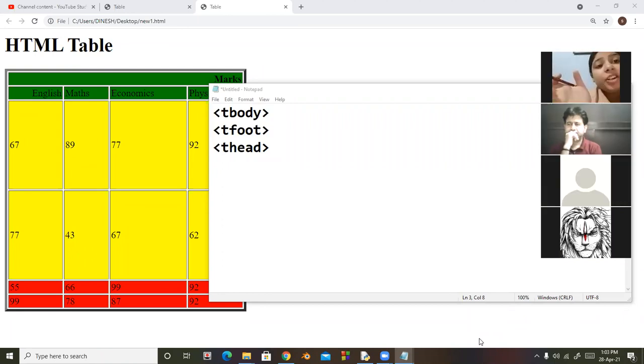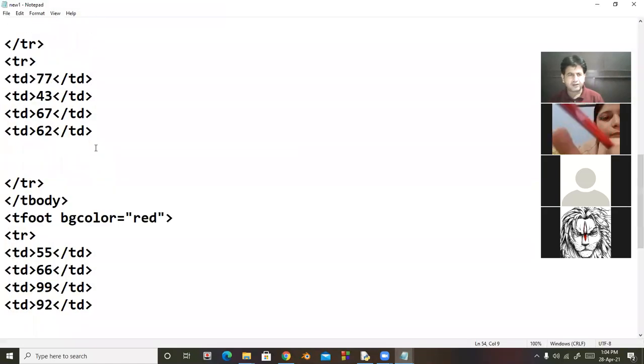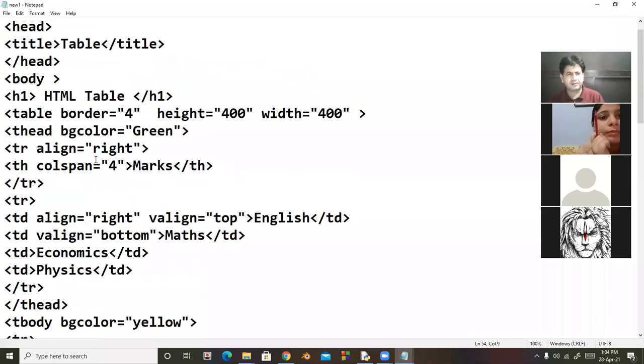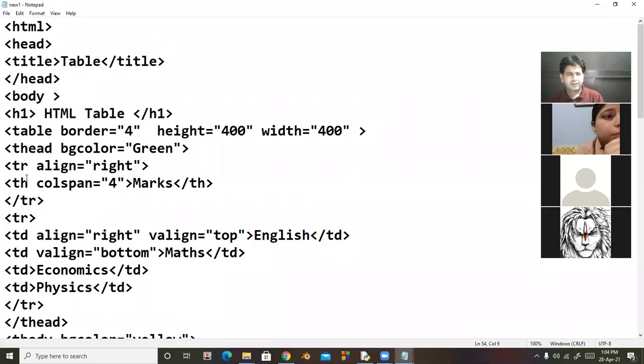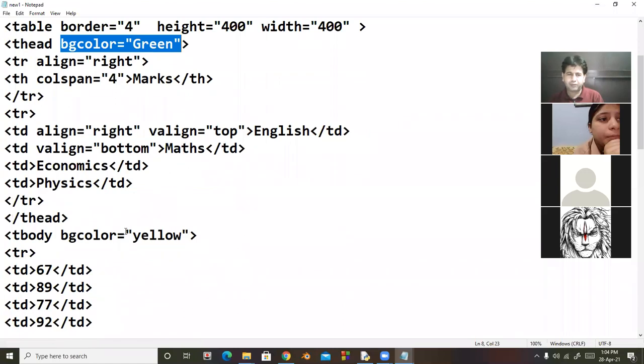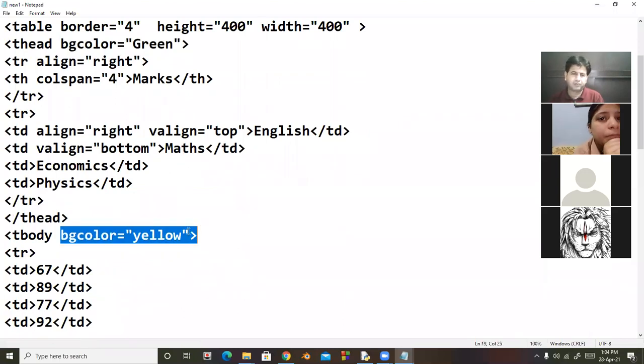Sir, BG color and background can't be used together at one time? Beta, remember one thing: in the case of T head you use BG color, it's okay, but you can't use background in the same tag. Yes, you can apply the background attribute in T body. Look at here.